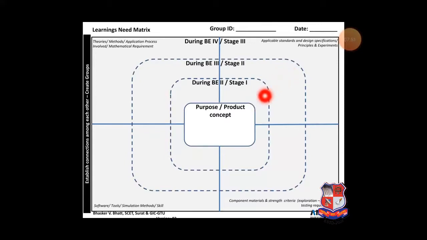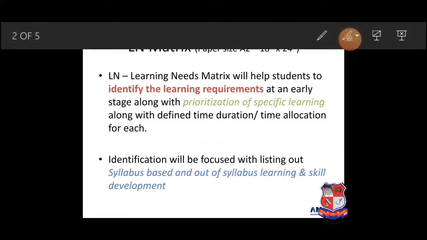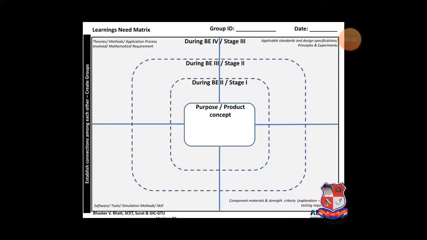So that standard we have to learn, that you already learned in the industrial engineering subject, also explained by Kedar sir. So another part is particularly related to software, tool, and simulation methods and skills. This is mostly used for electronics engineer students, computer engineer students, as well as mechanical engineer students. Here we have to indicate the software related help like AutoCAD, ProE, CATIA, then ANSYS.